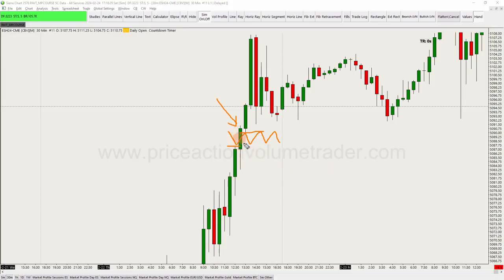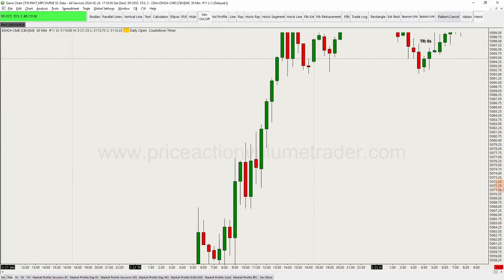For us, in market profile terms, this is a single print, and in volume profile we could also call it a common gap. Basically, a common gap is an impulsive one-way move that we expect to be filled back at some point soon. Okay? Now, for example, if I zoom out here,